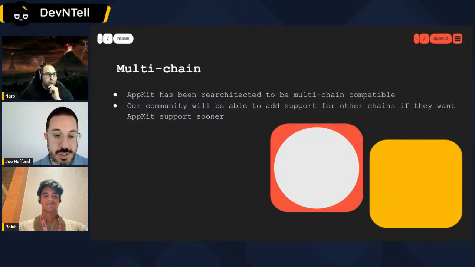And so just today, we announced Solana support at Breakpoint. So that's our first next big chain we've added support for in addition to EVM. And we're going to keep adding more and more over time. And we're actually going to, in a few weeks, announce how it's possible for you, a community member of other layer ones who are non-EVM compatible, to go ahead and build in the support yourself. So there'll be some more announcements there on how you can add support for any chain that you prefer or want to build on, where we maybe just haven't added the support yet ourselves.